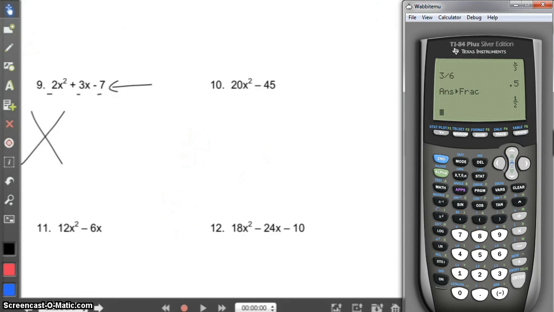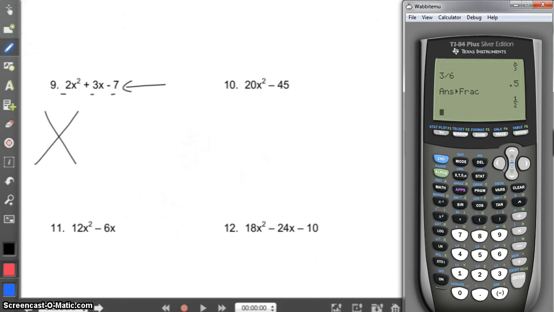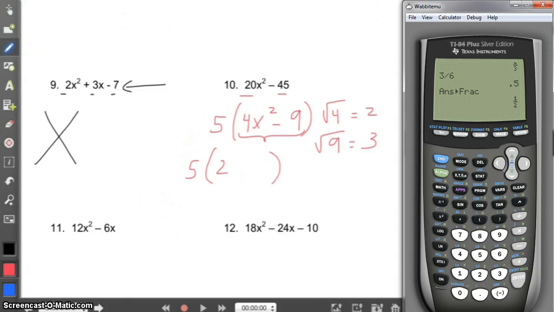Let's factor out whatever is in common. So 20 and 45, 5 is in common. So you'll end up with 4x squared inside minus 9. Now as you can see, this is not a trinomial, it's a binomial. So what you can do is difference of two squares. Square root of 4 is 2. Square root of 9 is 3. So it's 2x, 2x on the other side, 3 over here and 3 over here, but there should be a plus here and a minus over here. This is factoring from day